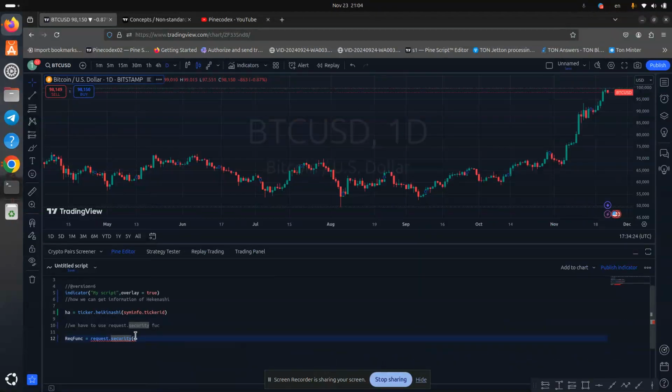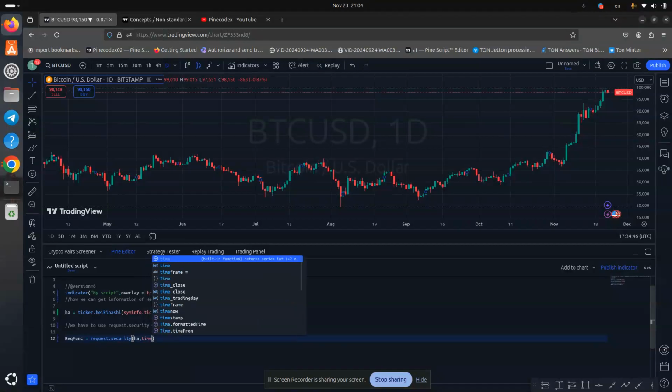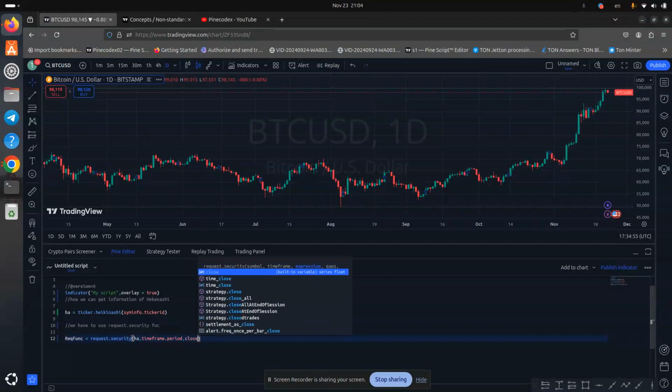We want to get information of our current symbol, but on Heikenashi. So first thing is our symbol, which we calculated before. Time frame is our current time frame, so we use timeframe.period, and for expression we want the closes. We want the plot of closes of this.